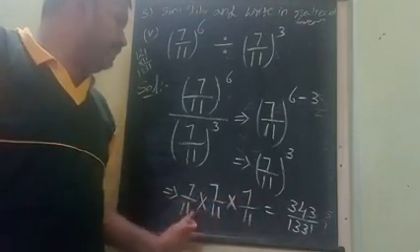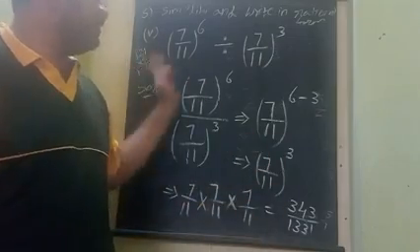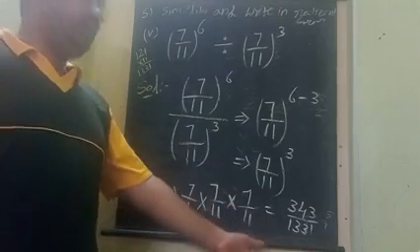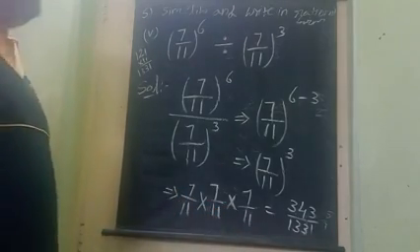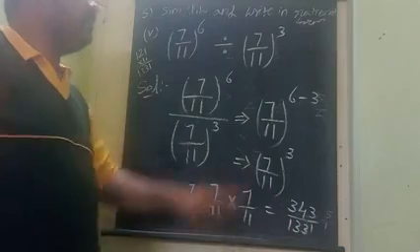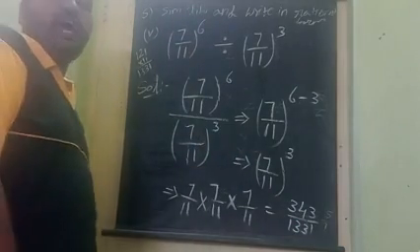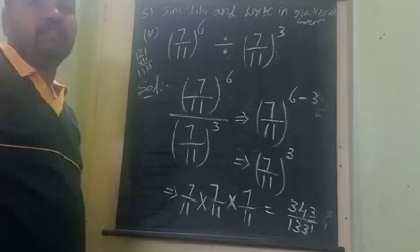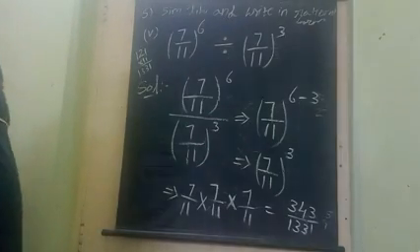7 into 7 into 7 by 11 into 11 into 11. Multiplication: 7 7s are 49. 49 7s are 343. 11 11s are 121. 121 into 11 is 1331. So this is called the expanded form of numbers. If the number form is given and we need the exponent form, we have to take the LCM, the prime factor method, and do it that way.